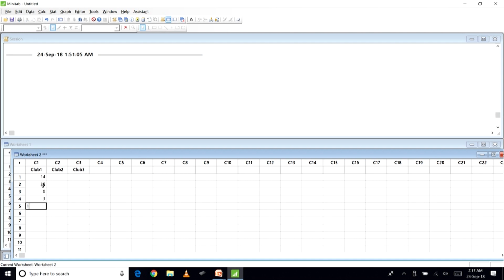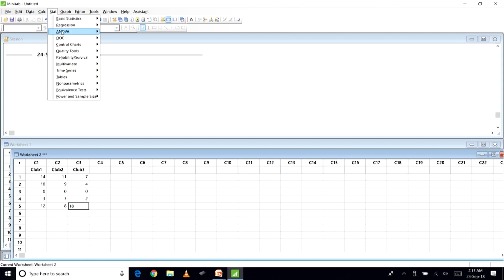We will not write the actual values. So, for club 2: 11, 9, 0, 7 and 8; for club 3: 7, 4, 0, 2, 18.